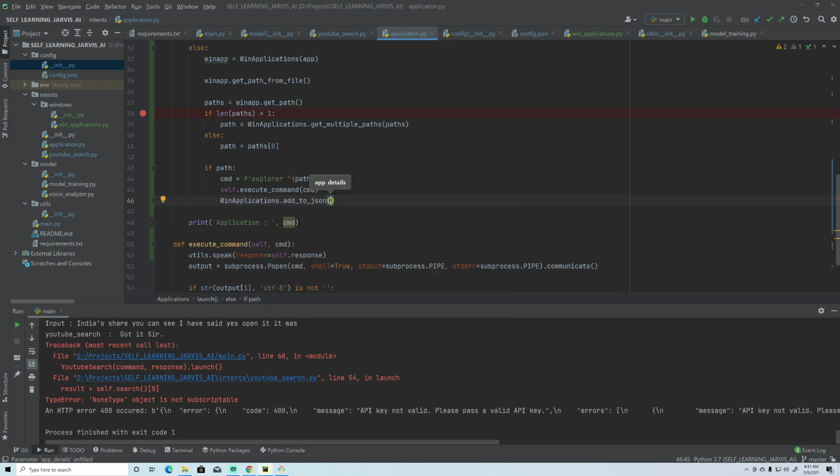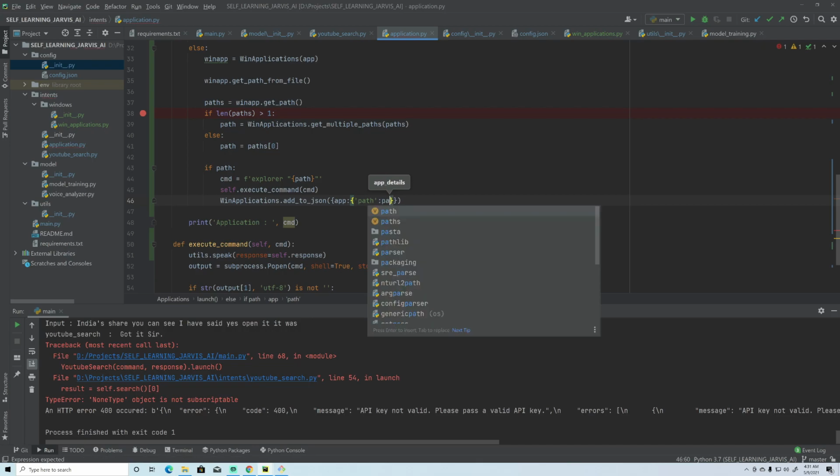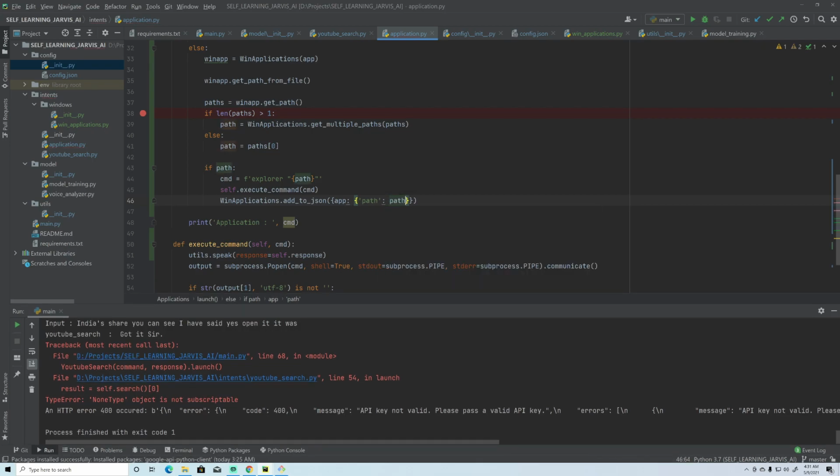And here we will pass the dictionary by the name app, then we will have the path here like this. That's the only thing, right?